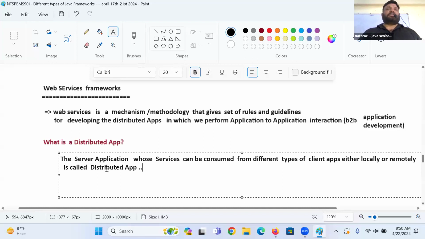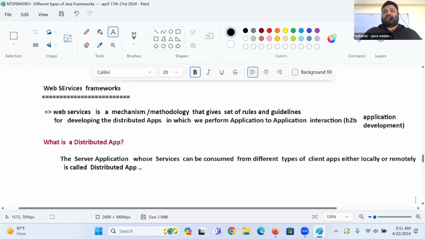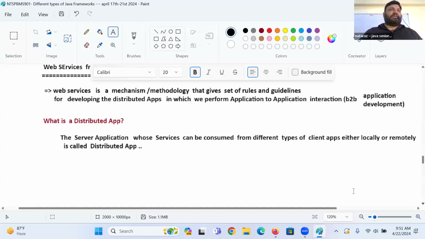Distributed application. Are you understanding my statement, guys? Either locally or remotely is called a distributed application.